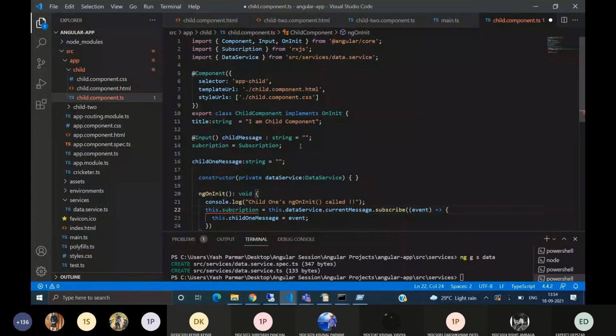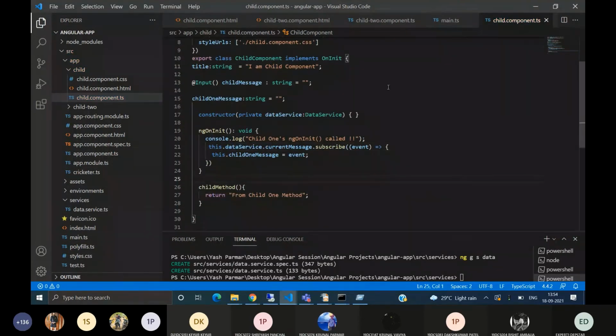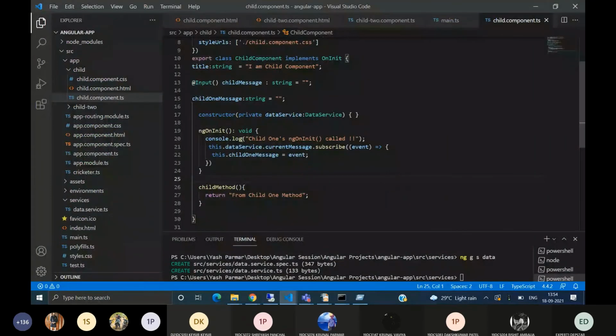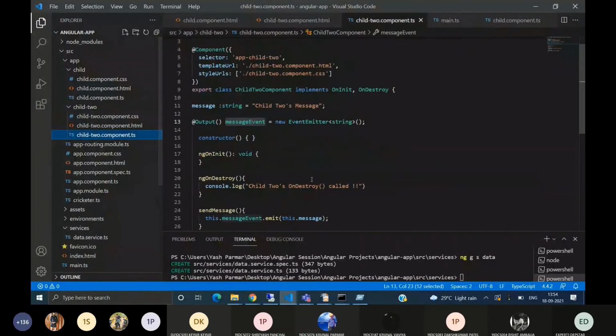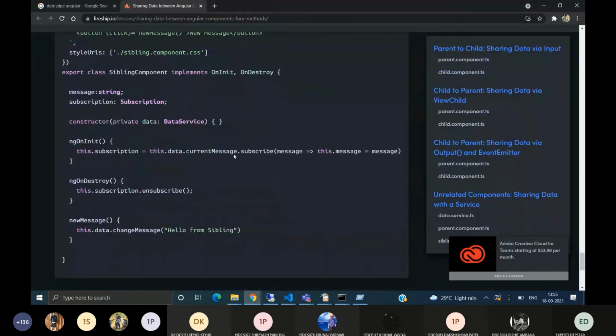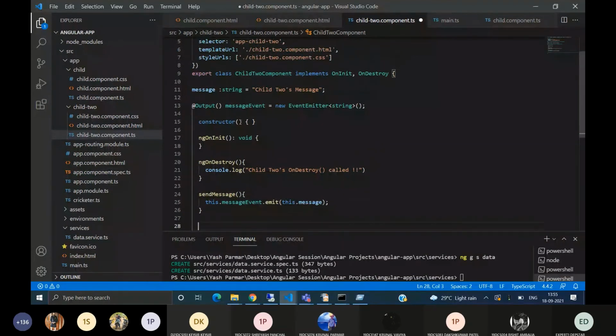It is giving some syntax error, I think, due to changes in Angular 12. Let us not clear it here. We will change this current source in child 2. We will see data being passed from child 2 to child 1. Here, no data change messages. Okay. Here we have to do nothing much in the constructor. We have to use the data service. We have to inject the dependency.